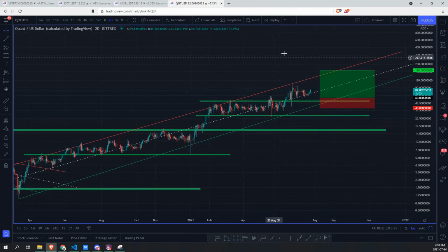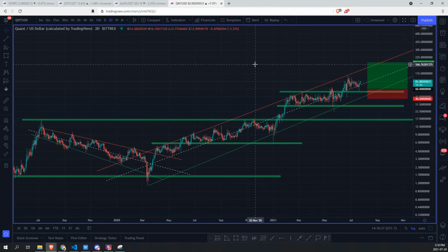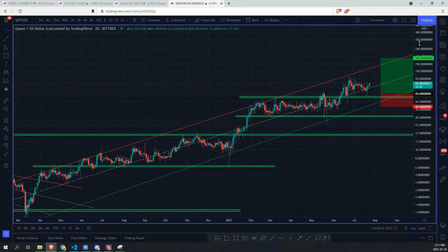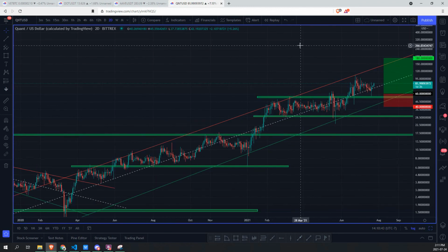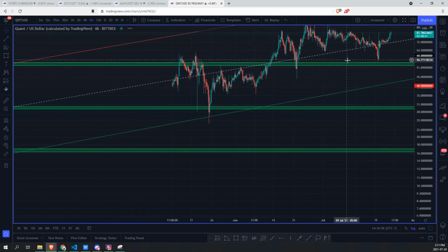I'm assuming that's going to be continuing to push further, but it's just good to have some level where you might be looking at taking some profit if you're going to be looking at a trade. But you got investments, trades, and obviously those are going to be working differently. But this is a really good, in my opinion, an opportunity. I just would like to see it drop a little bit more just because I like to get that prime entry. But if I don't, worst comes to worst, if we're taking a look at a smaller time frame,